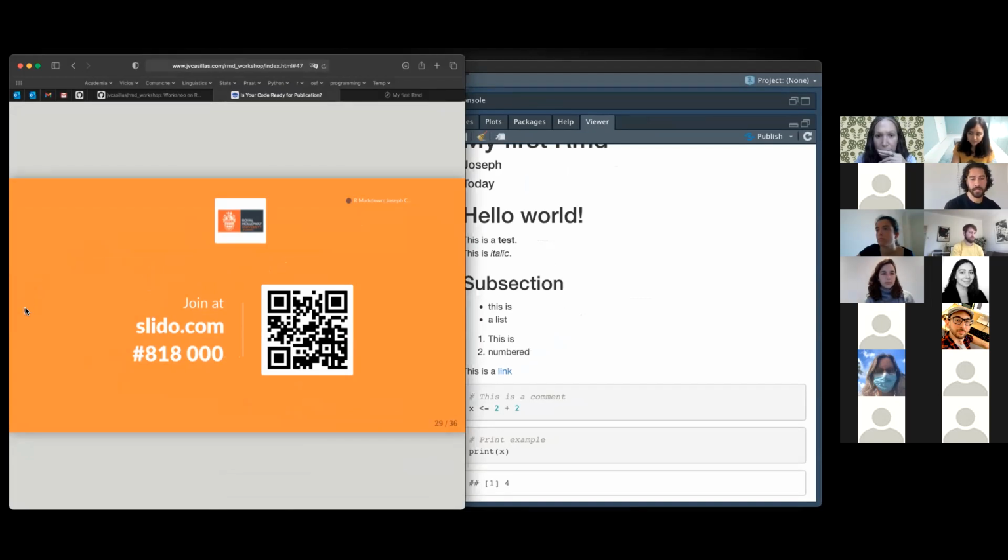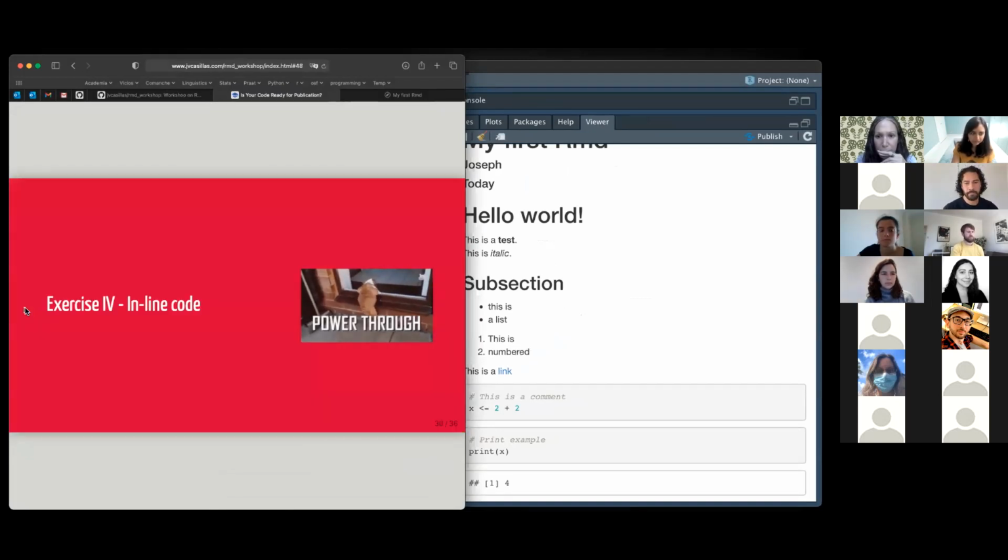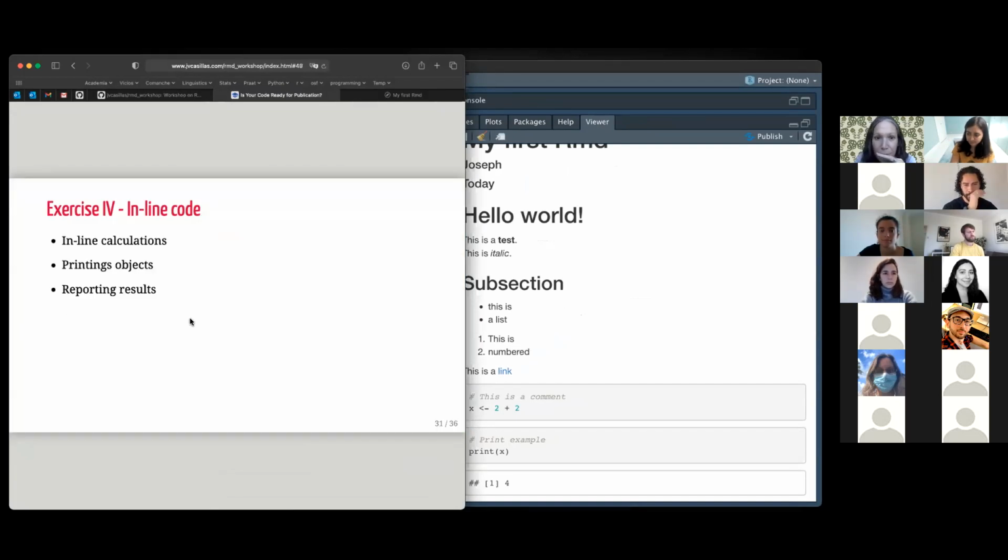Okay, looks like we got all of the questions. If you're getting tired, power through, but it's going to get a little bit more interesting now. We're going to talk about inline code chunks. So let's see, inline code chunks, inline calculations, printing objects, reporting results. Okay,